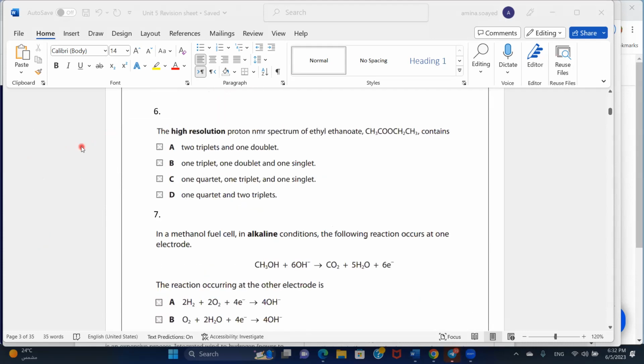Okay, the high resolution proton NMR spectrum of ethyl ethanoate contains